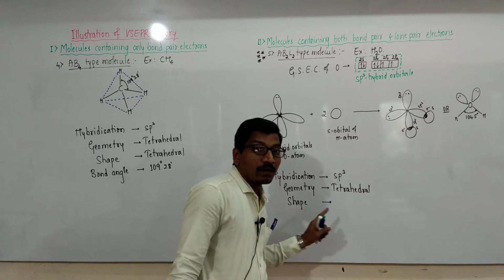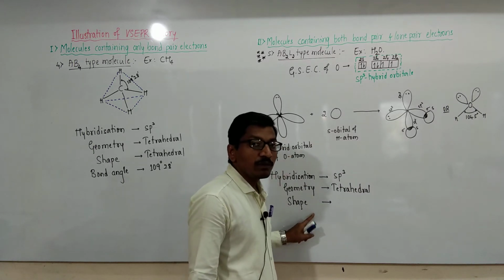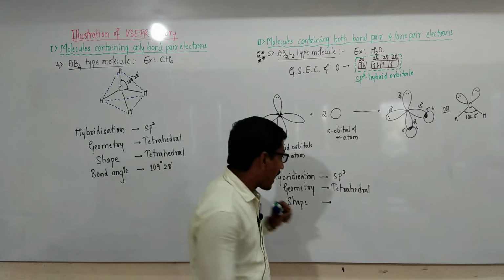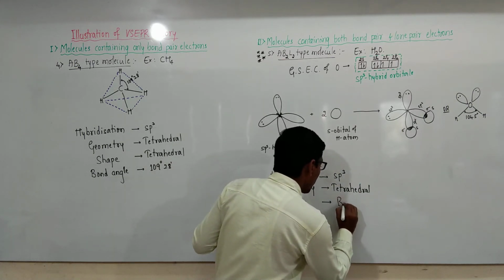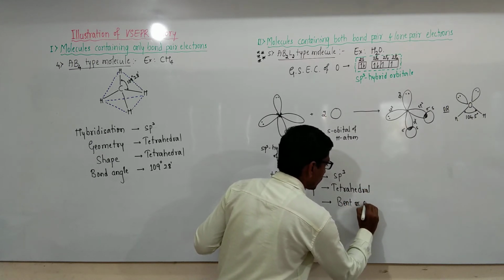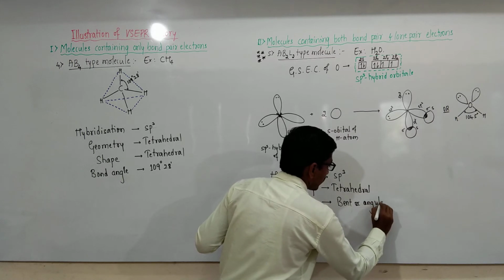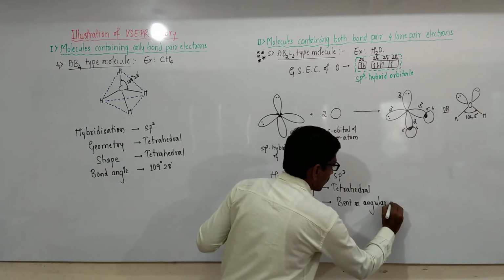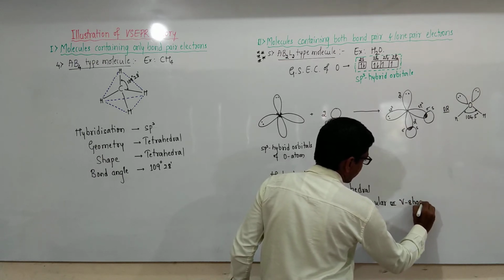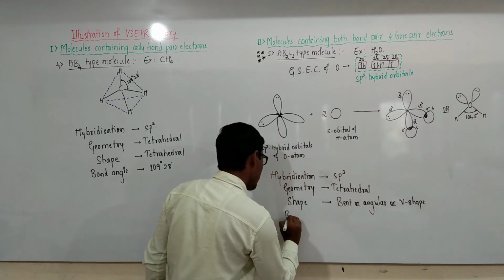While predicting the shape of the molecule, the lone pairs of electrons are excluded and the shape is bent or angular or V shape. Then bond angle is